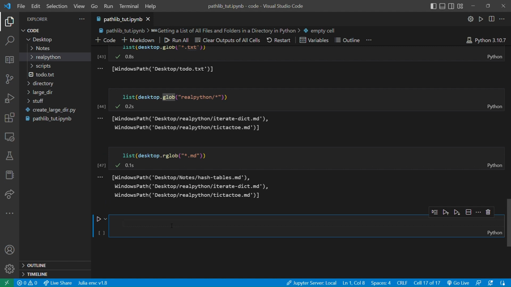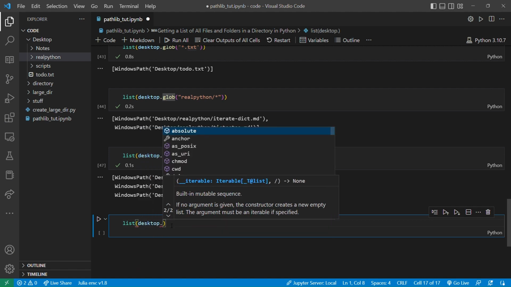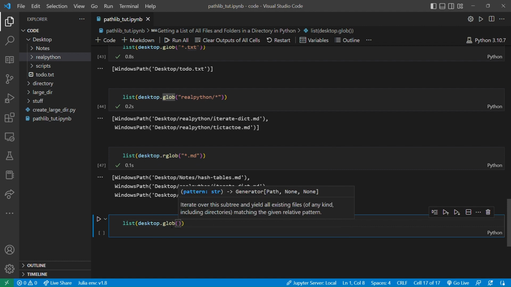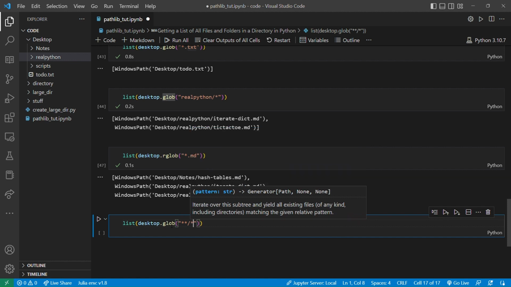And guess what, you can actually use the glob method and get it to behave in the same way as rglob by adjusting the glob pattern passed in as an argument. So what I can do is just get a list out of desktop.glob, and over here I'll pass **/*.md,